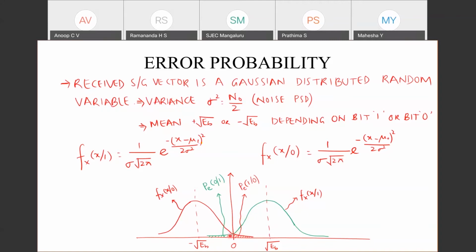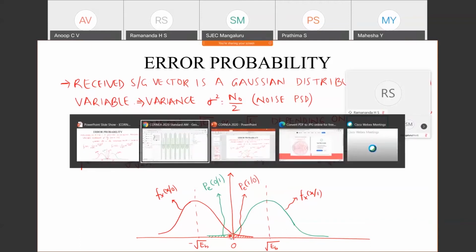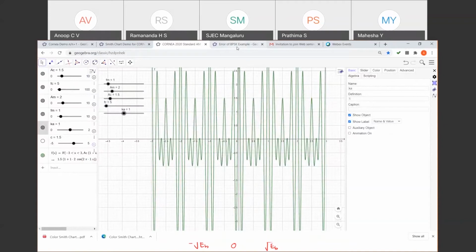So we wanted to discuss what the probability of error is, and we also wanted to introduce something like the U function and all, which are in turn really abstract, and normally we use only mathematical expressions. But if we can use GeoGebra, I believe it can simplify things.